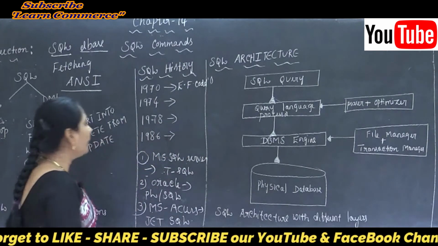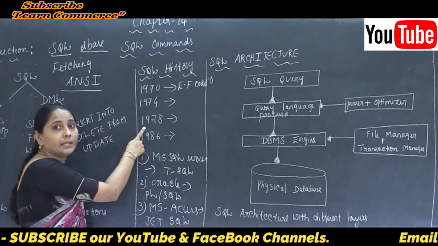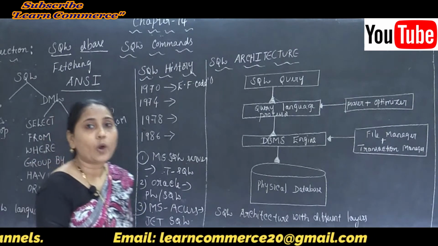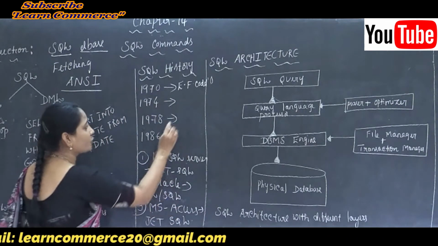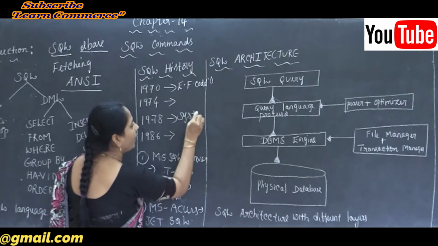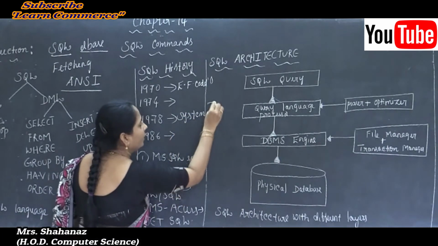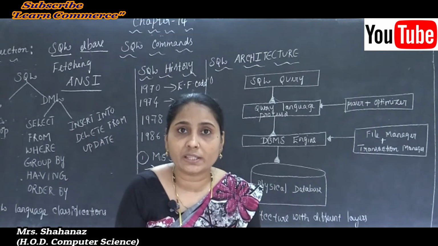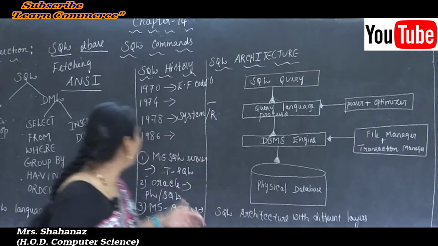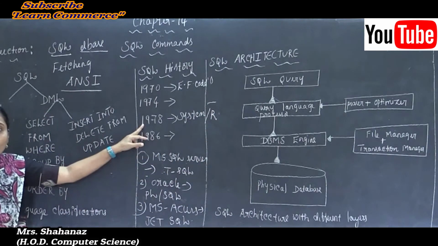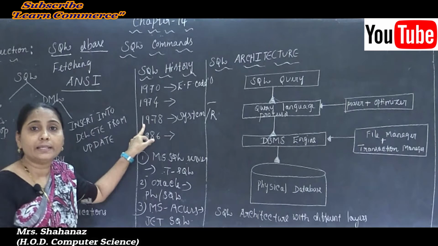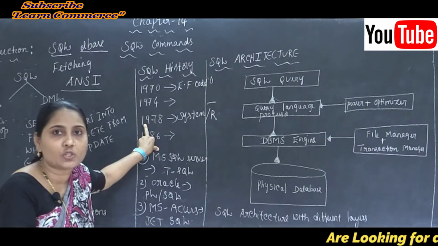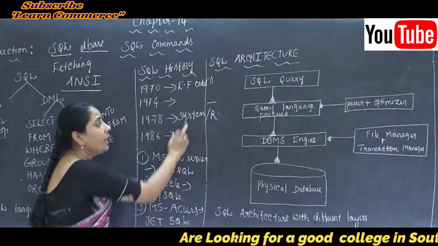So we can say that in 1978, IBM worked to develop Codd's ideas and released a product, and such product software is called System R. Clear this point here? That means it was released after developing using Codd's ideas. Later in the year 1978, they developed a relational software, a product name software. This software is called System R.